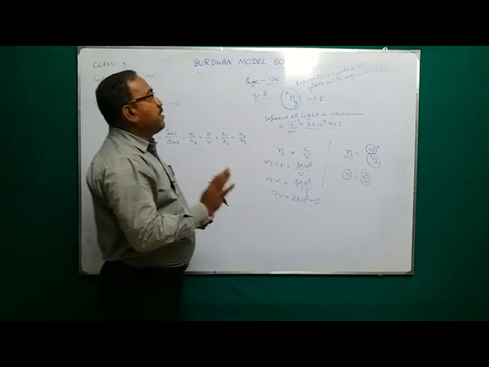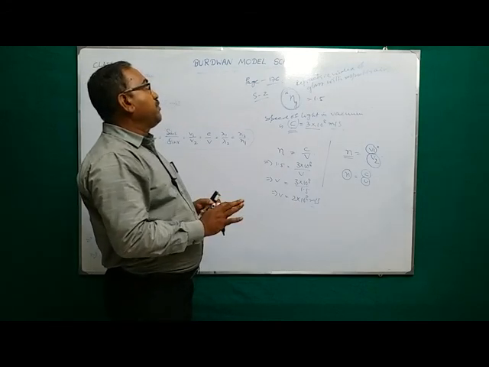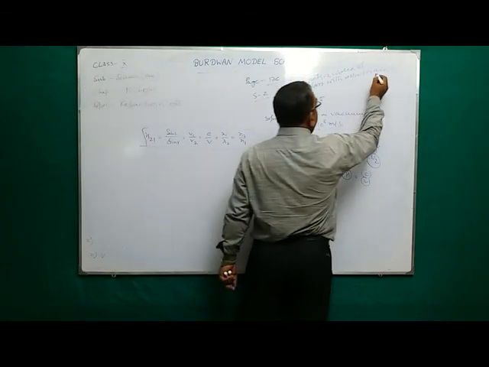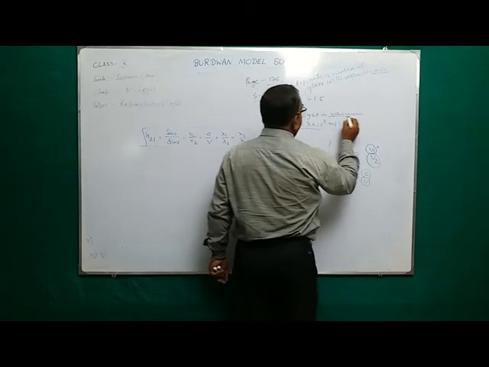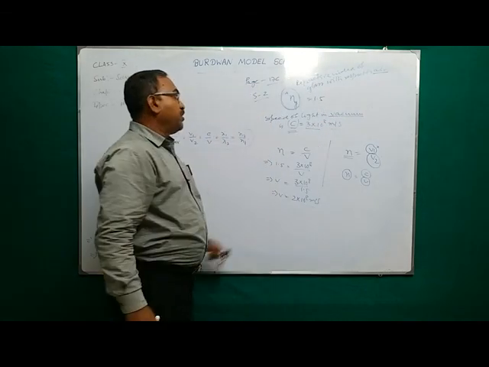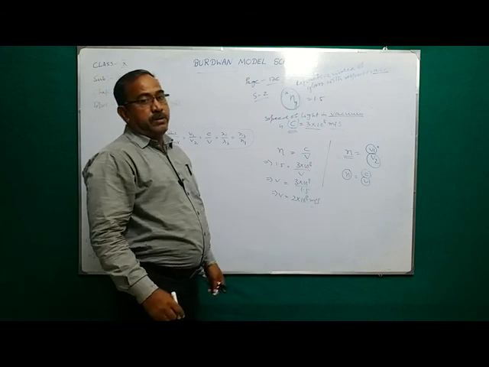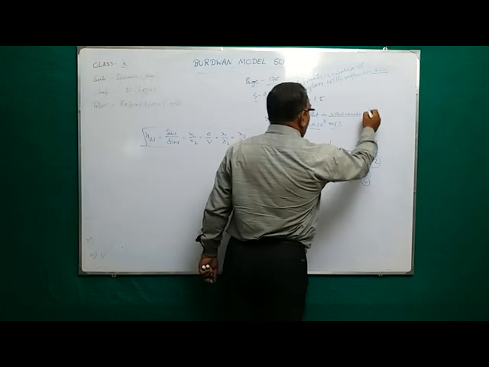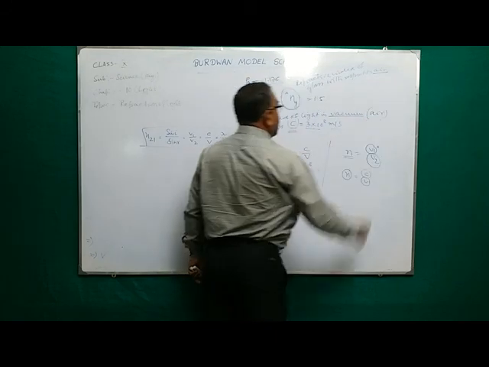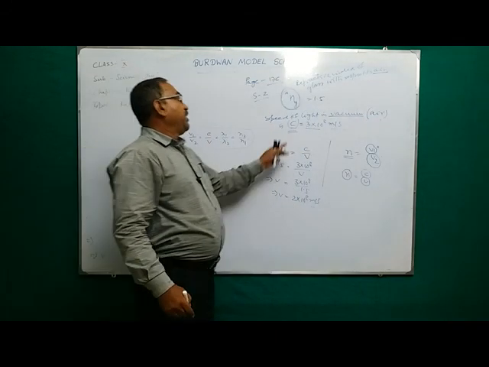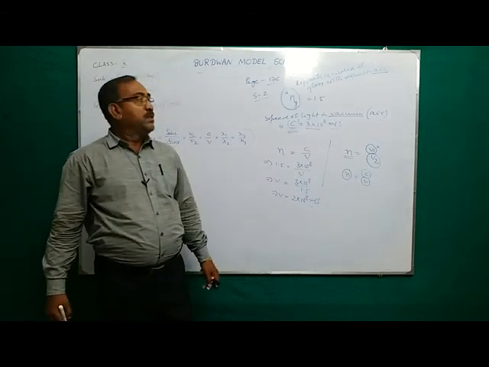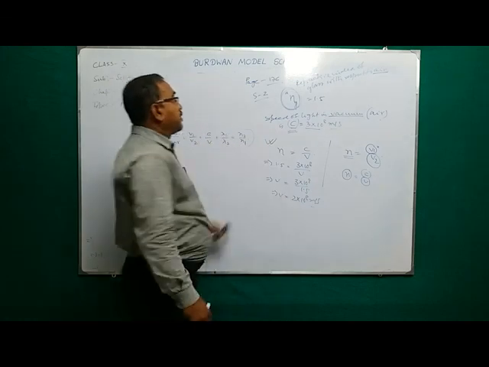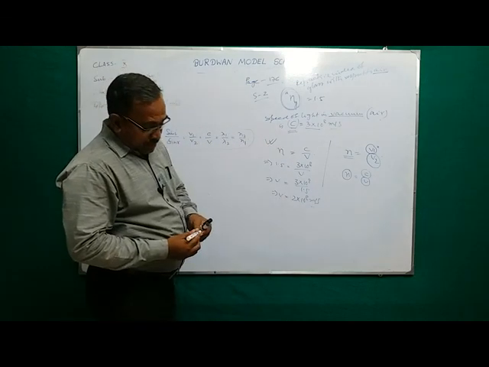But you must be sincere, you must be clear. When you see it, this is the air or vacuum, that means we always put this formula, the absolute. Am I clear? Because speed of light in vacuum or air, that value will be same. So that time we put this formula, not that. Am I clear?